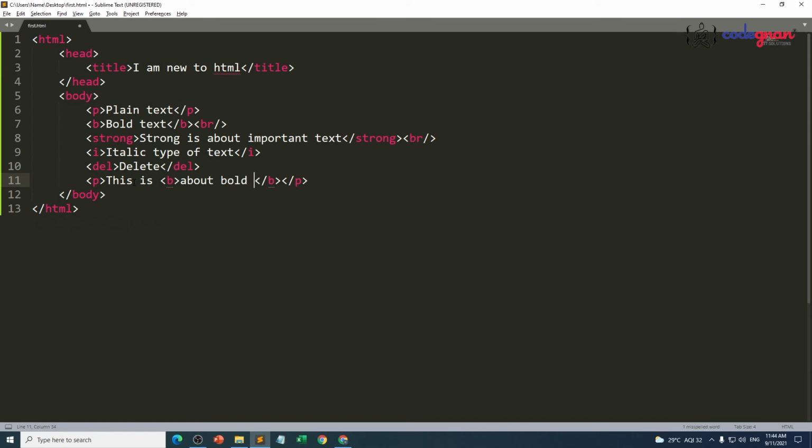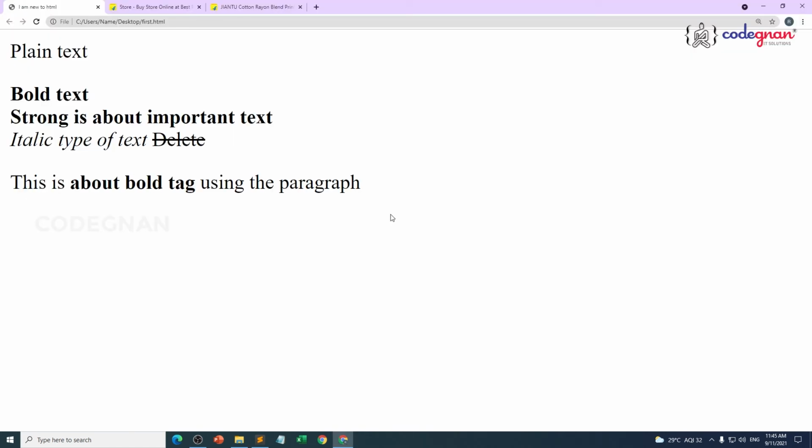About bold tag. The about bold tag is going to be displayed in bold format. Bold tag, using the paragraph. Now if you see here, I am using a combination of elements. Inside a paragraph, I am using plain text. Along with that, I am using my bold tag also. The bold tag is carrying the content about bold tag. After that, once again, I have some information. If I save this file and execute, you see here,